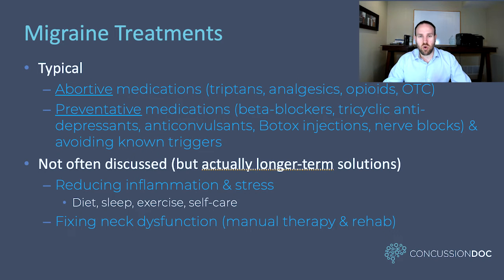Typical treatments for migraines, though, are abortive medications, meaning that if you feel a migraine coming on, you take this medication and hopefully that will do the trick. If you're on abortive medications and it doesn't really do anything, there's a good chance that the headache has been misdiagnosed. And there are also preventative medications, so if you have a lot of these, they may put you on something as a preventative measure along the way. They may do things like Botox injections, and that just shows you that some of these headaches can be initiated in the neck, because a lot of times the Botox is injected into your neck muscles so that they don't cause this pain referral.